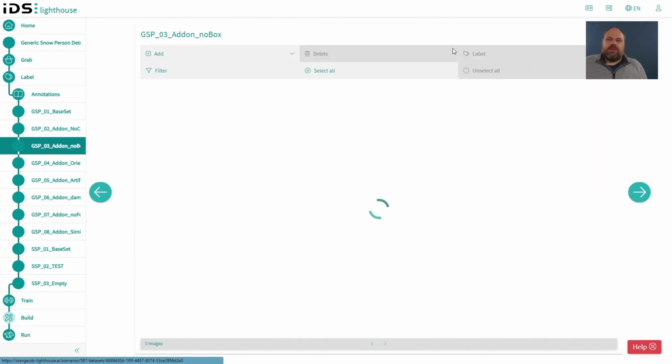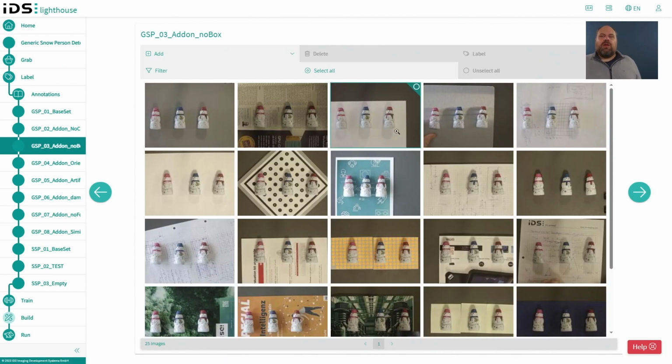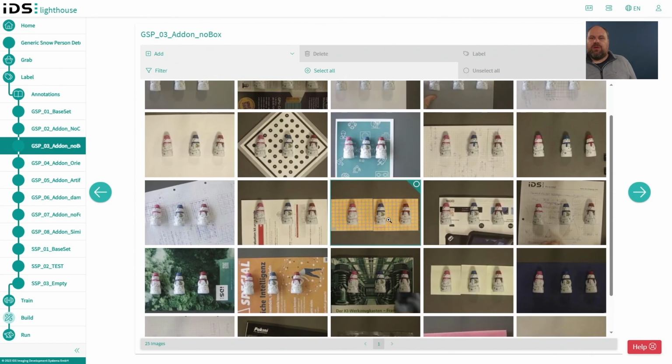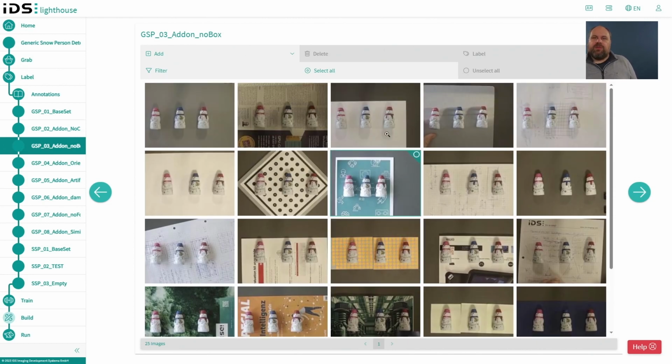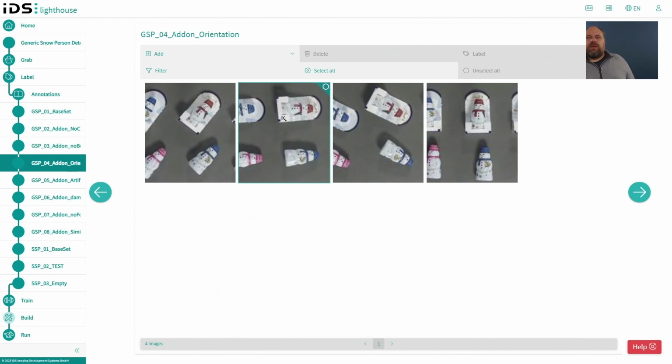I added another data set, and as you can see now, the snow person is no longer in the tray, but with completely different backgrounds. Third, we added different positionings, inside and outside the box.